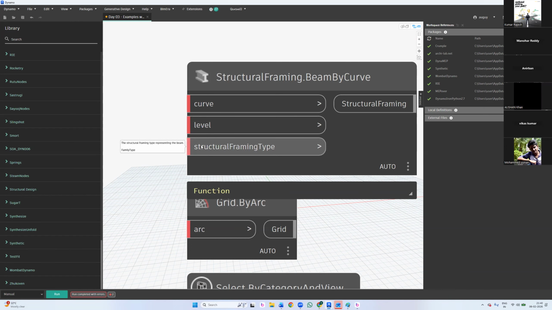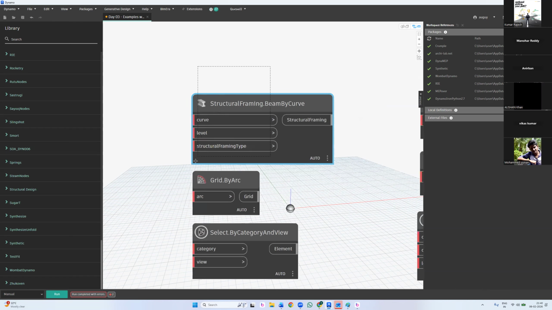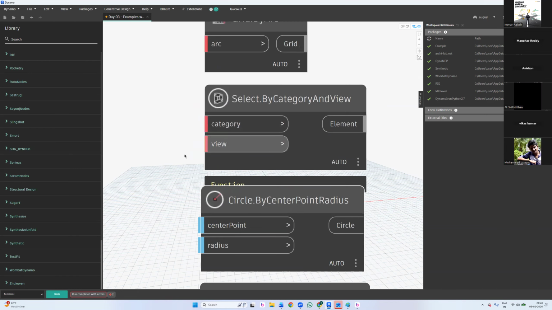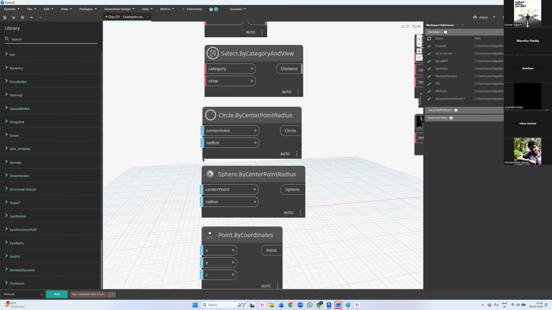So when I switch to family types, how do we exactly play with these? There is a concept called element selection. There you'll come to know what it is exactly. Okay, fine. Arc, this is expecting, if you connect an arc, it's going to create a grid. So if you connect a category and view, now center point,